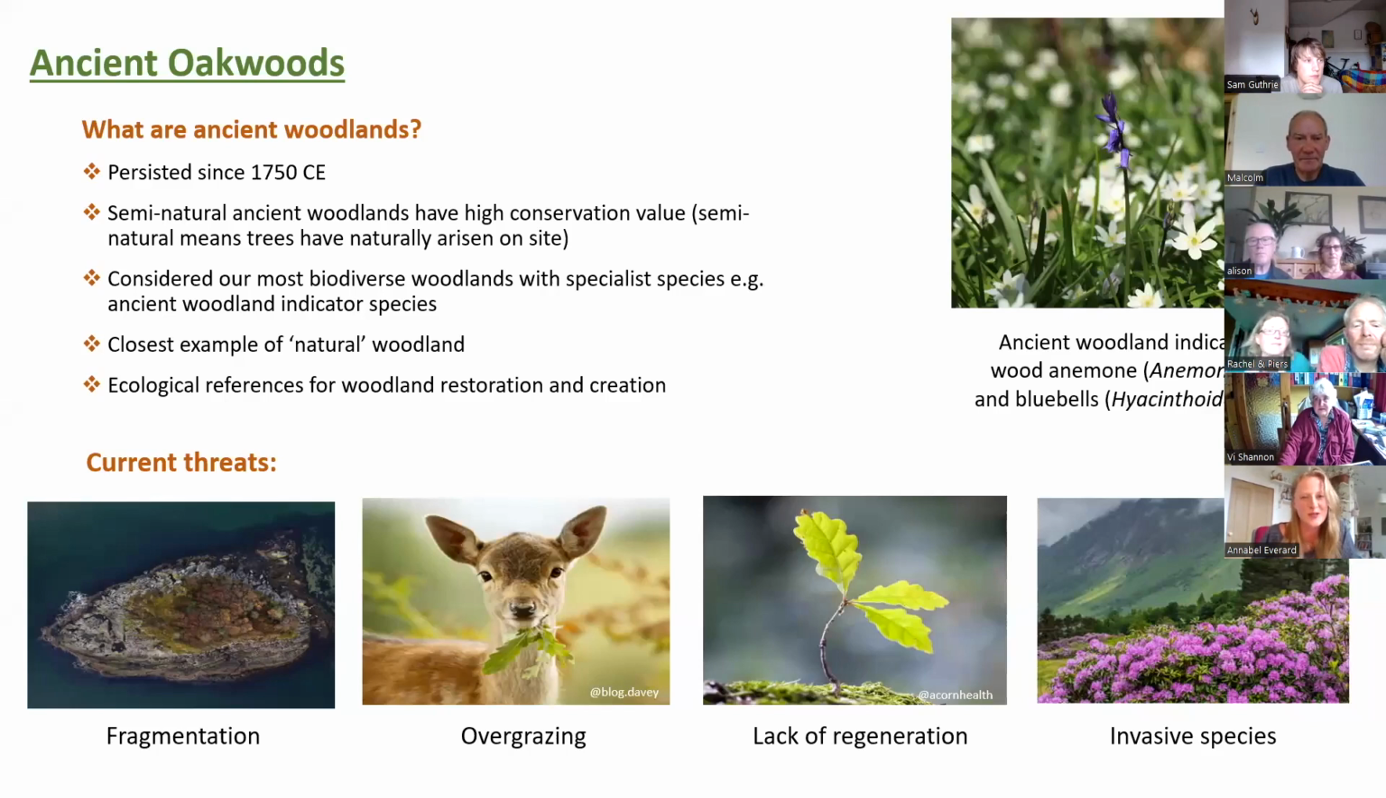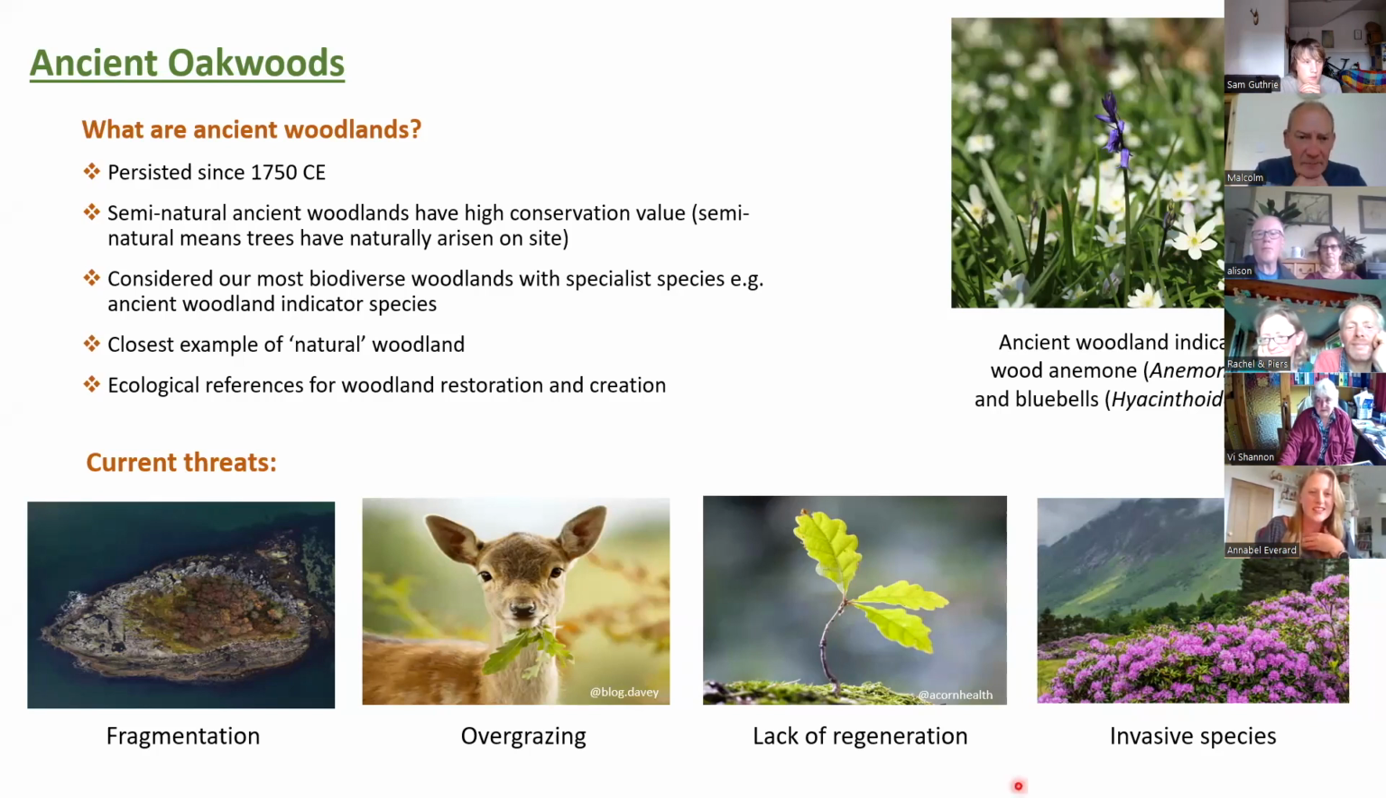I'm sure most of you already know that ancient woodlands in Scotland are defined as woodlands that have persisted since the first available woodland record. This is considered to be 1750 CE or AD in Scotland. These sites generally have really high conservation value and associated biodiversity, and are considered to be our closest example of a natural woodland in Scotland. Because of this, they're often used as ecological reference points for woodland restoration and management. So when we're creating new woodlands, these sites are often used as reference points, as targets that we can aim for. However, as you can see on the slide,